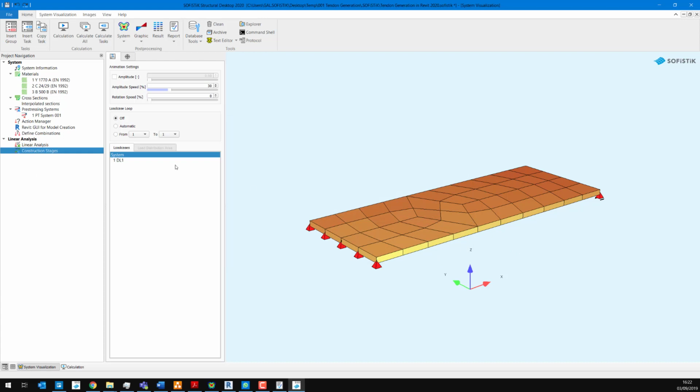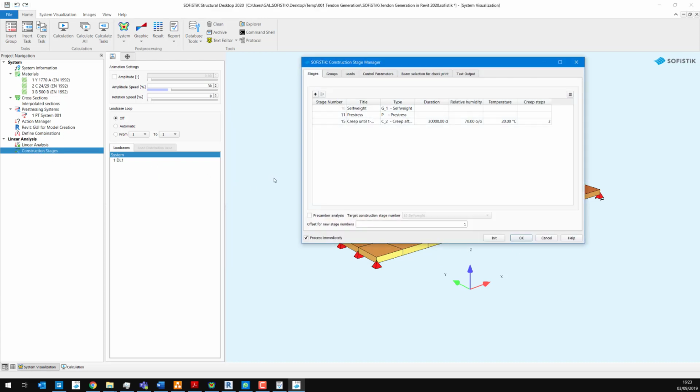In the next step, I'm simply double clicking on the task. And here we go, we have the Construction Stage Manager in front of us. So what happens here? Basically, it provides you the possibilities to build out an entire construction sequence of your structure,